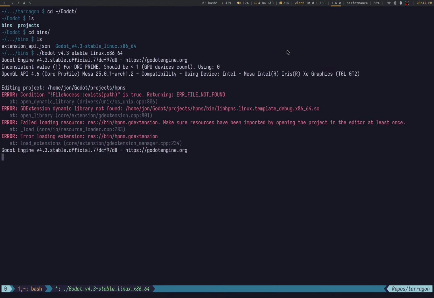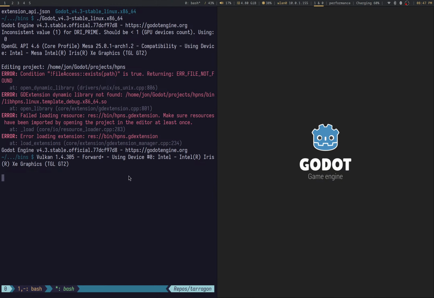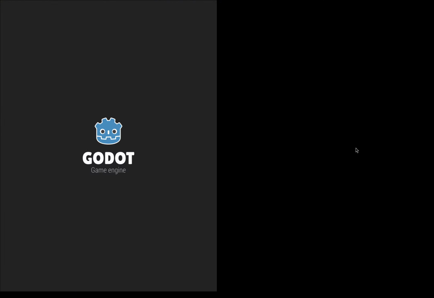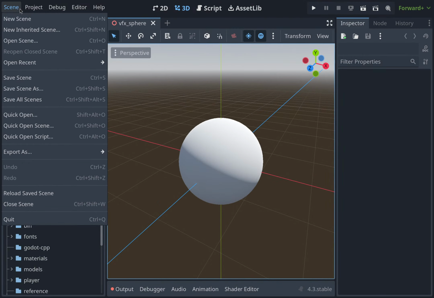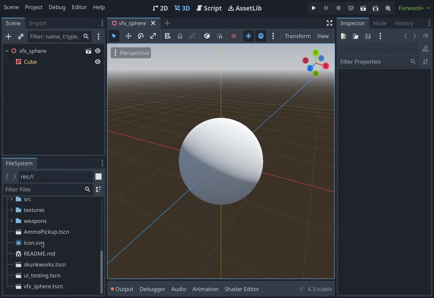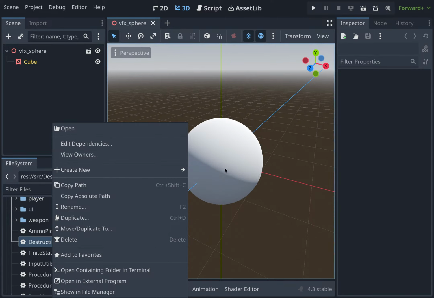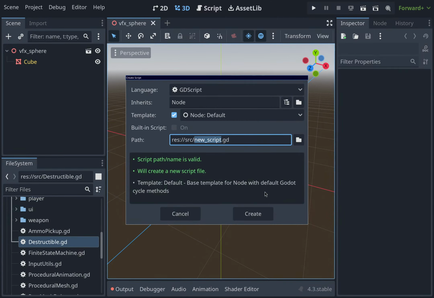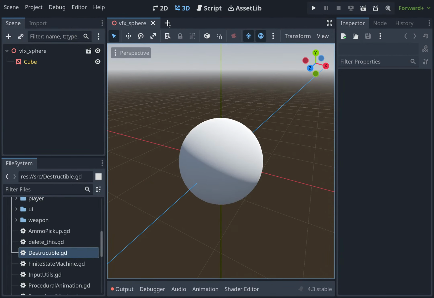Just give me the editor. I don't know if this is gonna work. I didn't build my extensions, it's gonna be unhappy. I'm just checking if you can comment after a line continuation, because if you can't, I'm gonna screen file. Create new script, delete this template, create, don't care. Where is it?